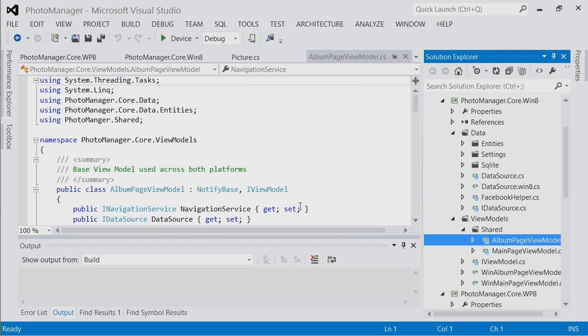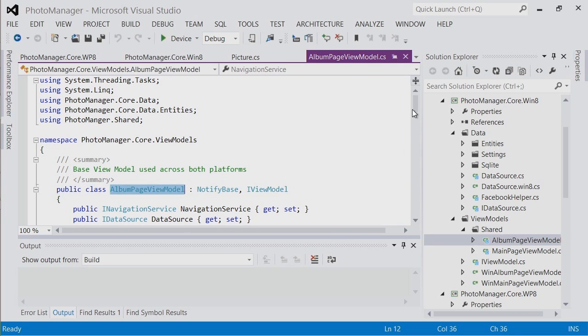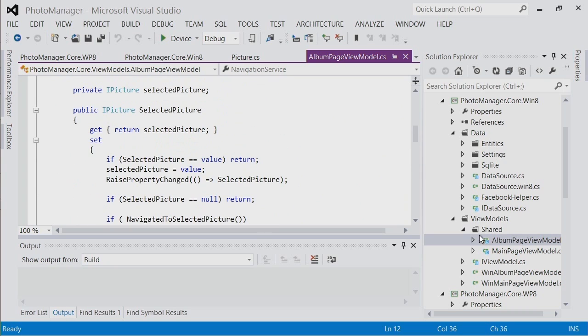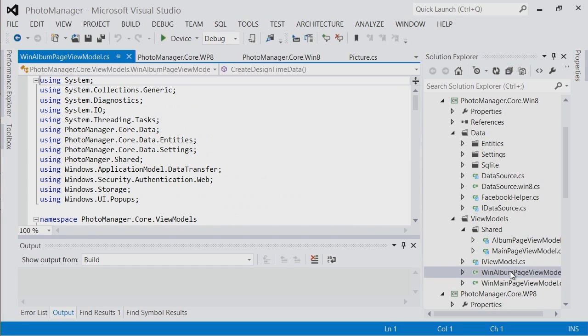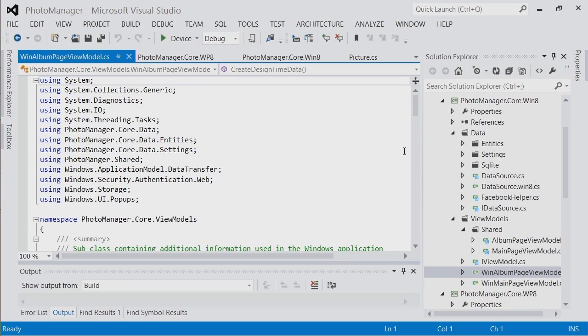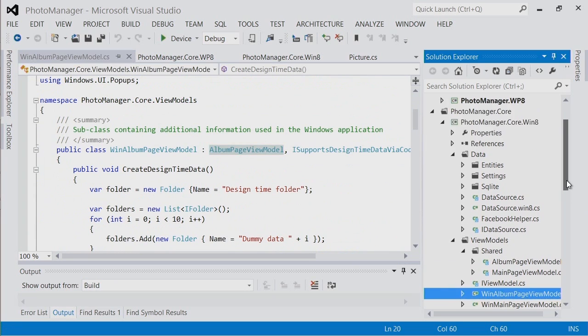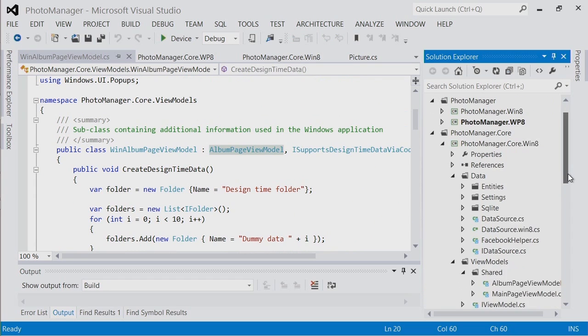So this is the base class. All this stuff is in the base class. And in both projects, we've got a Win album page view model in the Windows one, which inherits from album page view model. And in the Windows Phone 8 project,